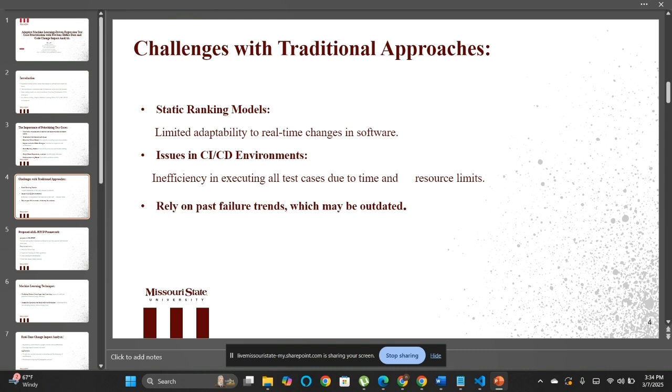Here, executing all available test cases can become impractical as projects aim for speed and efficiency in delivering new features. Deciding which tests to run based on fixed priorities can introduce unnecessary delays. Additionally, many traditional methods heavily rely on past failure trends, and while historical data can provide valuable insights,